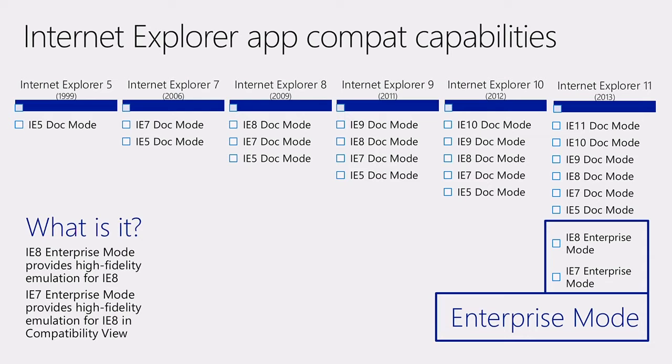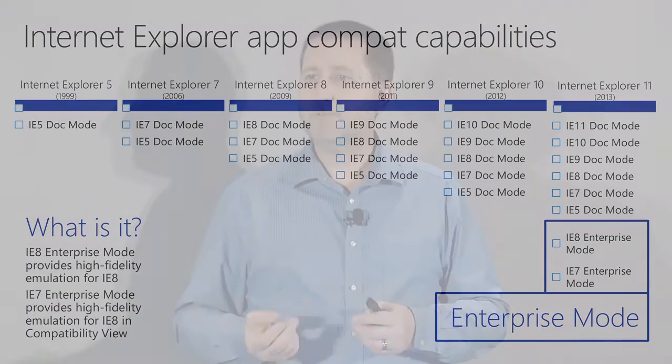I say most because we occasionally run into something squirrely. We had one customer in Japan, for example, who told us they had a custom-written ActiveX control that actually was set to query the operating system and make sure that the operating system was Windows XP. So in cases like that, it's hard for the browser to put a shim there. But in nearly all cases, using IE8 Enterprise Mode, you can get ActiveX controls to work where before they would fail.